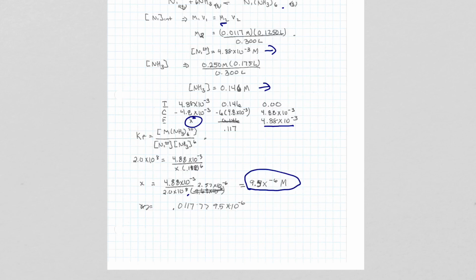So this tells me how much nickel would be left in solution at equilibrium if we use this much ammonia complex. Since our 0.117 here is much, much bigger than 9.5 times 10 to the minus 6,